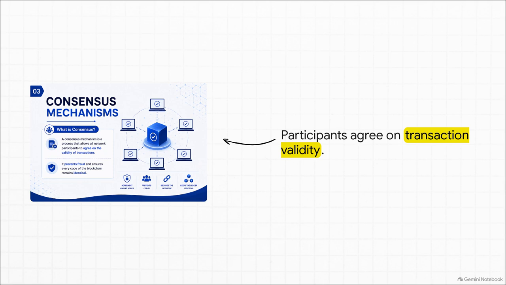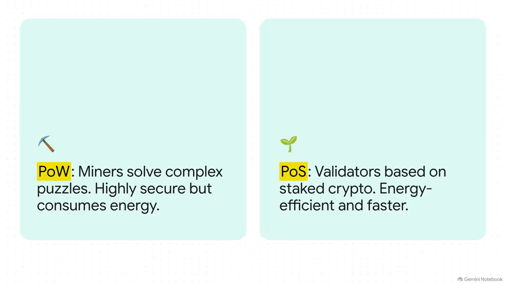You can think of this as a very strict set of built-in rules that absolutely every computer must follow. A consensus mechanism is a process that allows all network participants to agree on the validity of new transactions. It's incredibly important because it prevents things like double spending, ensuring you literally cannot spend the same digital dollar twice. By forcing agreement among the nodes, the consensus mechanism ensures that every single copy of the blockchain remains perfectly identical and entirely secure. And this brilliantly illustrates the two main ways networks actually achieve this agreement: proof of work and